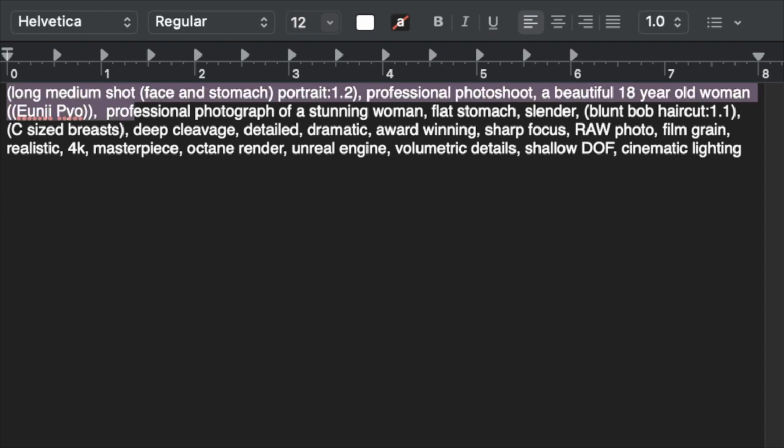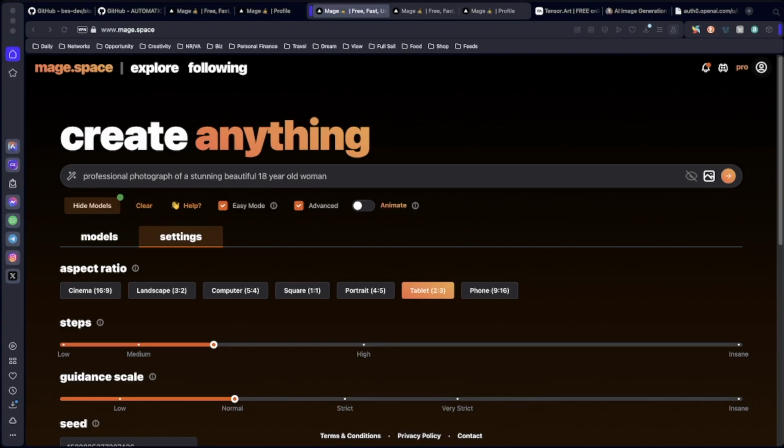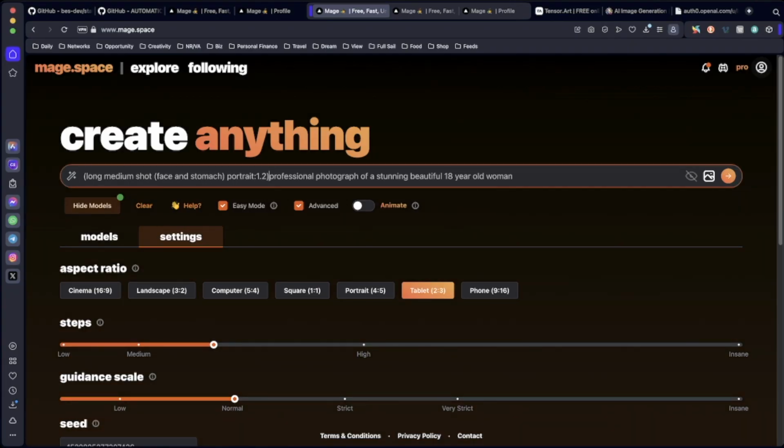Long, medium, shot, portrait, face and stomach. I don't typically use that, but let's see. Let's go back to our prompt here. I usually put this at the very beginning. It's like, this is the shot I want to create. We'll get to the commas and reasons for the commas, but the commas separate the prompts. So we got long, medium, shot. In fact, we'll make it more simple. I typically